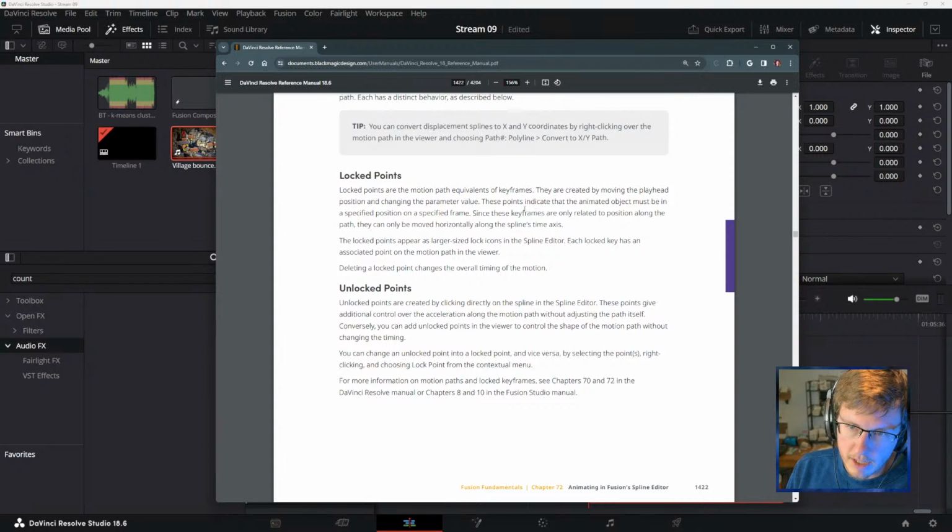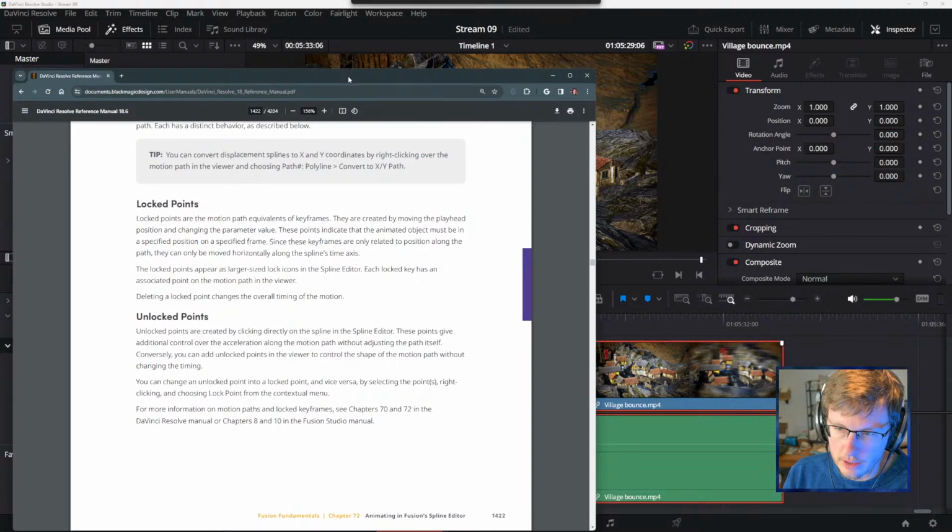Since these keyframes are only related to position along the path, they can only be moved horizontally along the spline's time axis. So the locked points appear as larger sized lock icons in the spline editor. And then each locked key has an associated point on the motion path in the viewer. Deleting a locked point changes the overall timing of the motion.